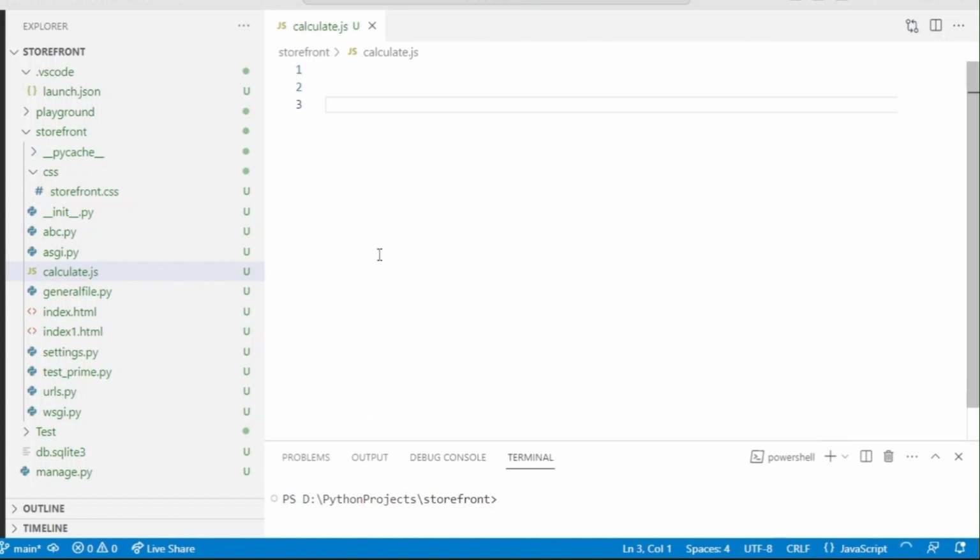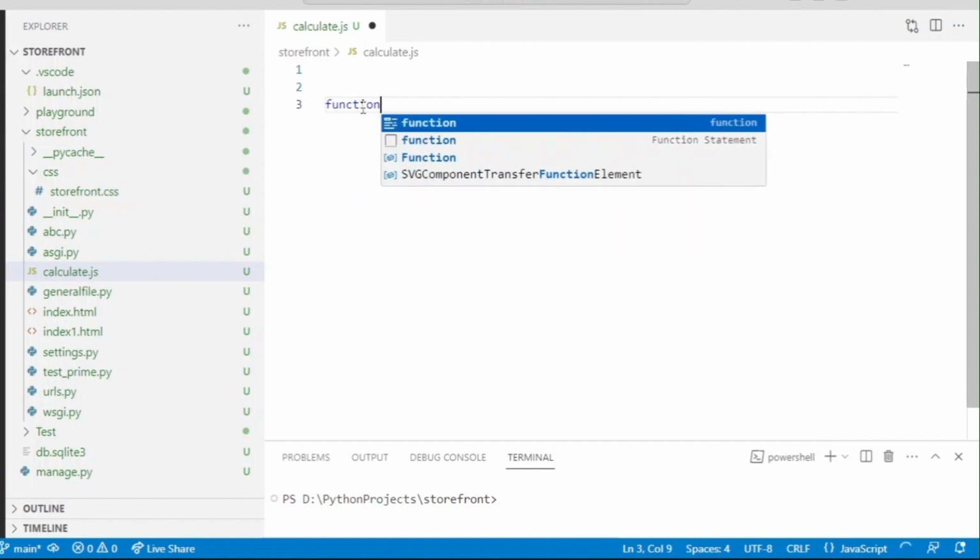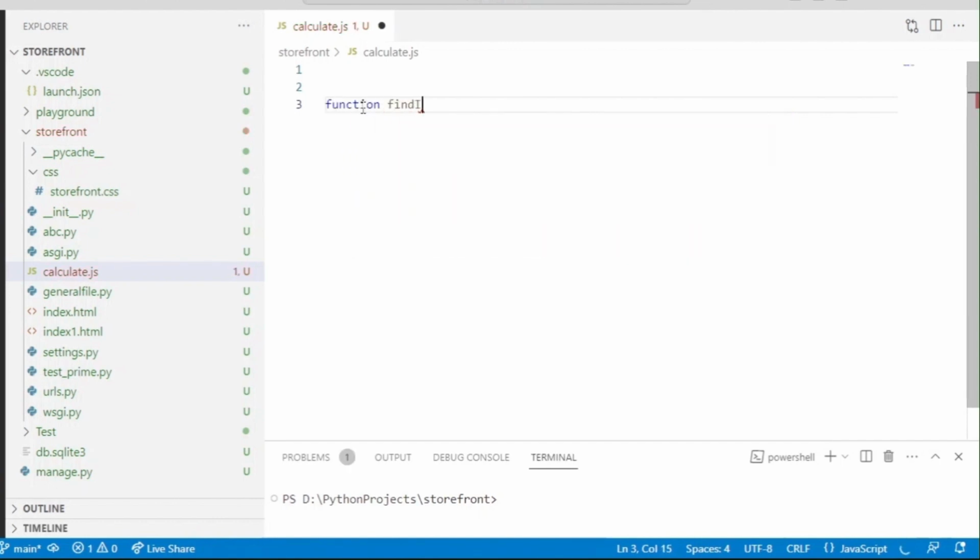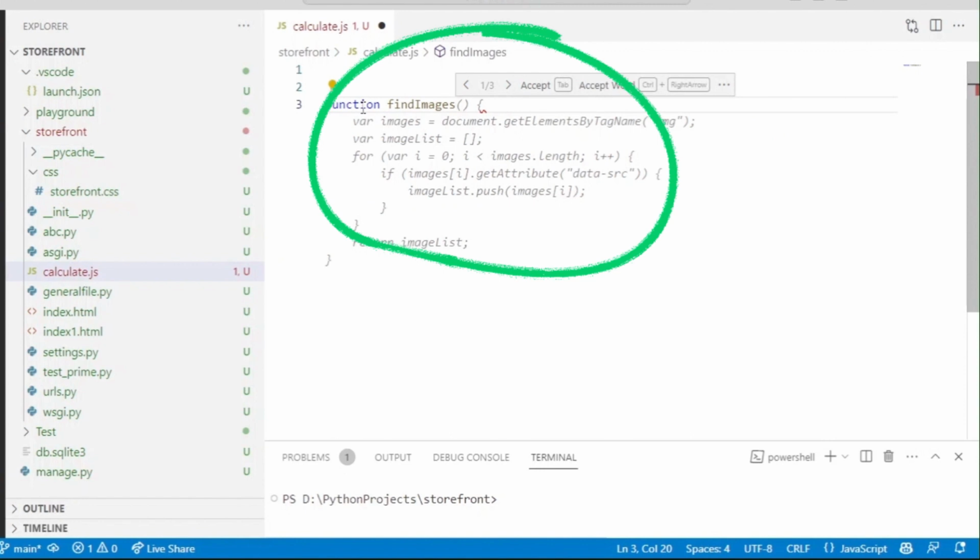Right now I'm in Visual Studio Code. For the interest of time, I already created a JavaScript file called calculate.js. Now I would like to find the images within the document. So let me write a JavaScript function, findImages. Even before completing my function name, Copilot offered me three